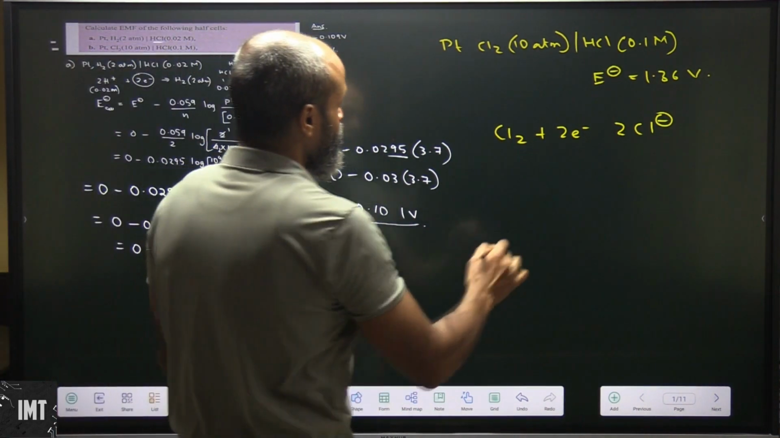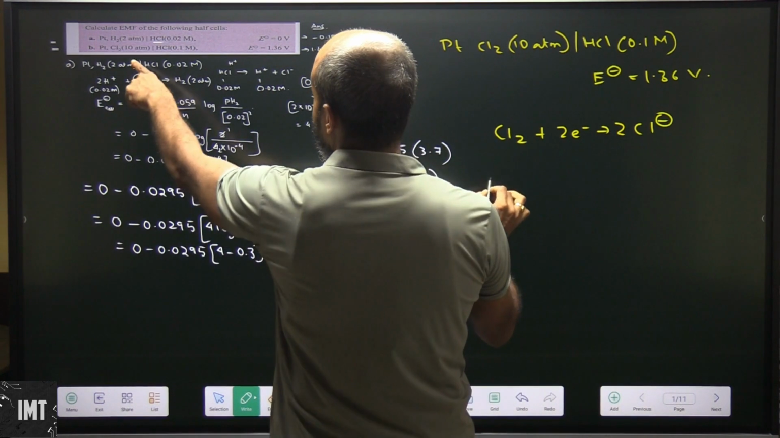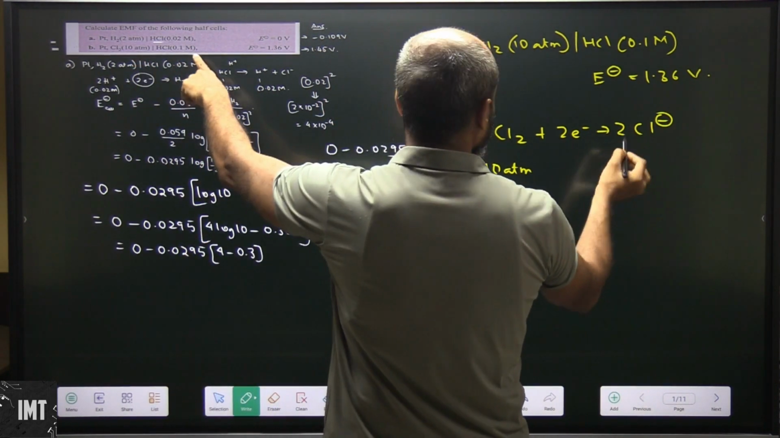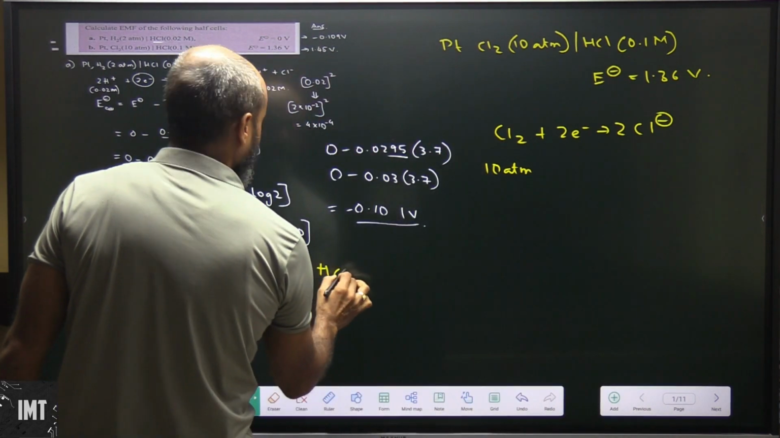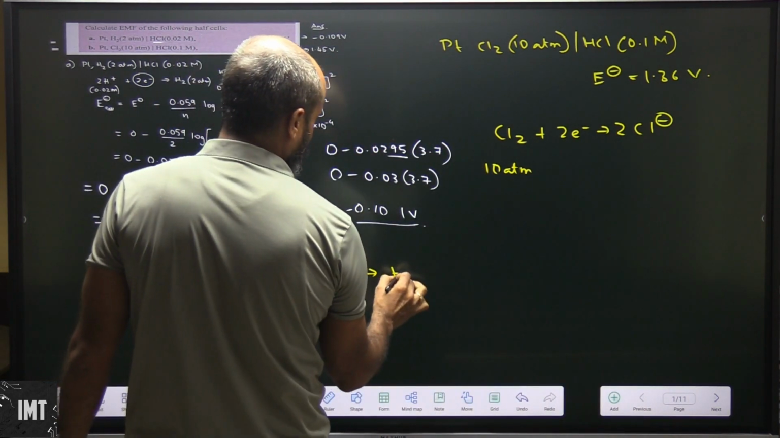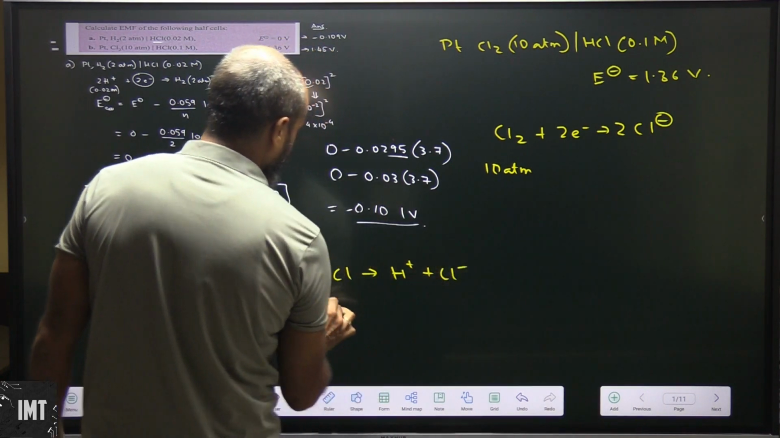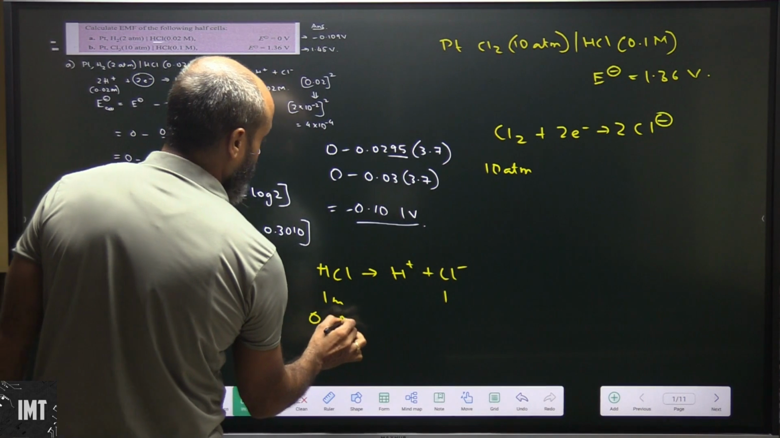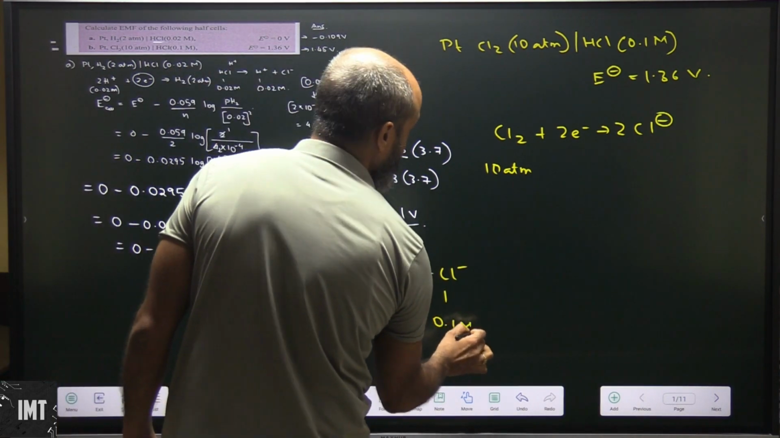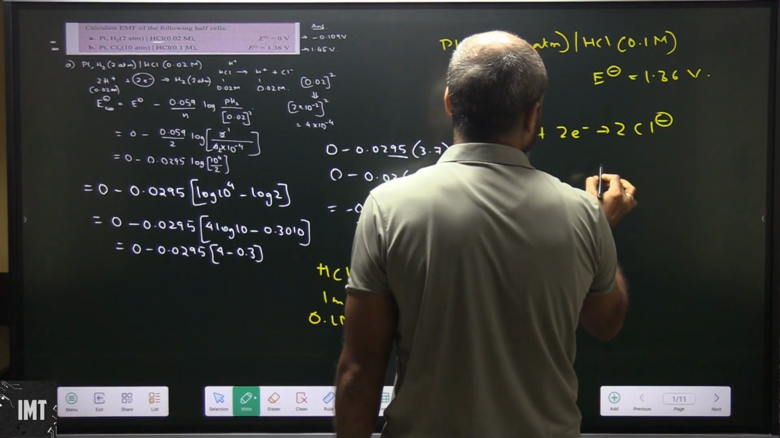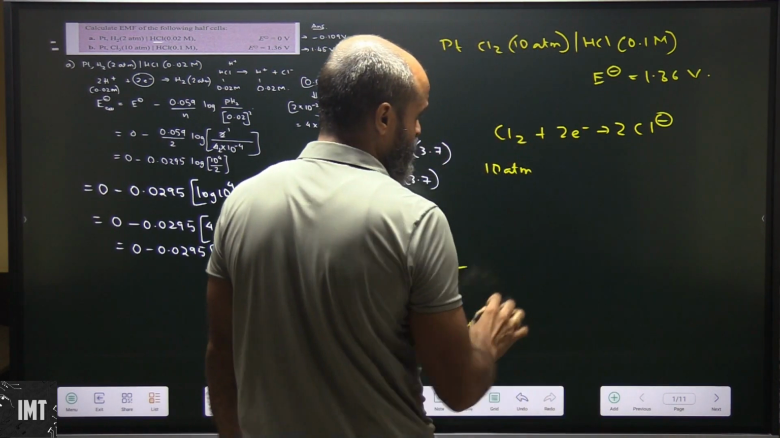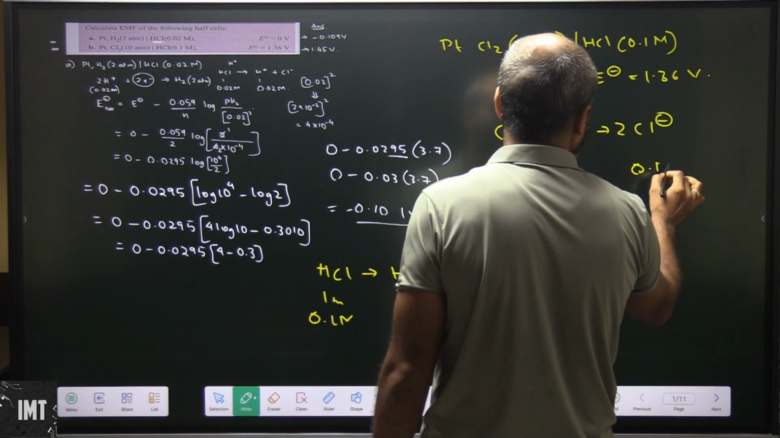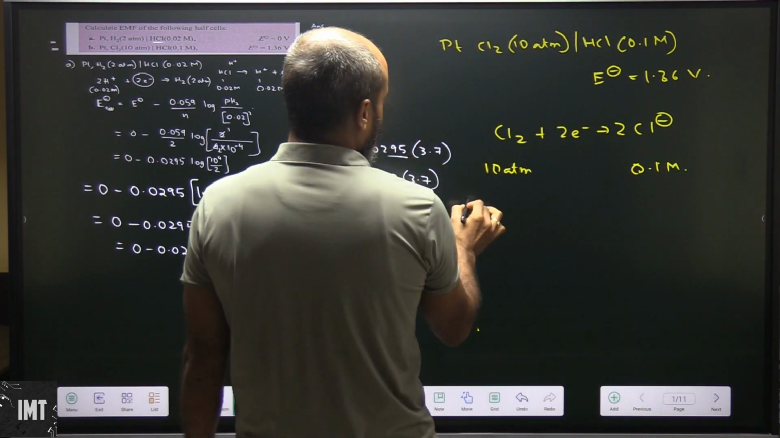So obviously here Cl2 is at 10 atmosphere and here from 1 HCl we will get H plus and Cl minus, so 1 molar gives 1 molar, so obviously we have here 0.1, so this will be 0.1 molar as well. So 10 atmosphere plus 2 electrons gives 0.1 molar solution. So again applying Nernst equation,